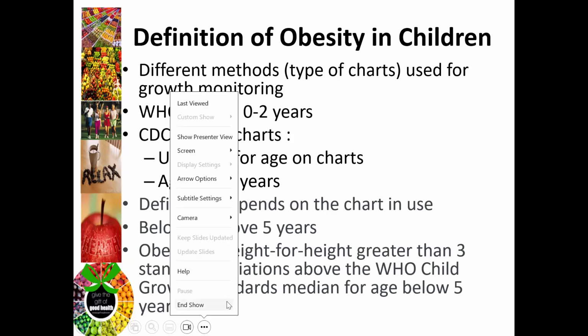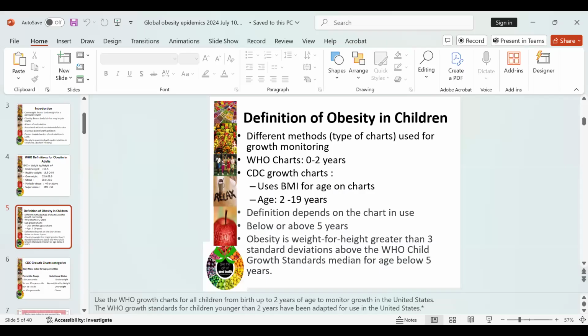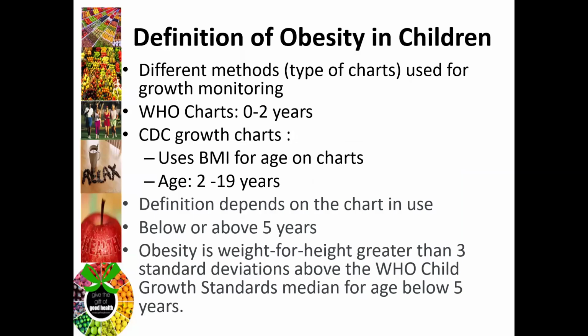The definitions of obesity in children now. In children, different methods are used in the definition of obesity. Different methods are used for determining obesity in children. So this starts from the way we monitor their growth. Since there are different methods, different charts used for growth monitoring, the definition will depend on the particular method in